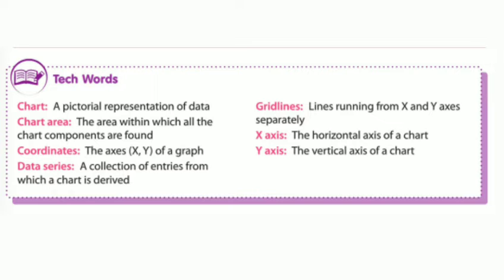Data series: it is a collection of entries from which a chart is derived. Grid lines: the lines running along the x and y axes separately. X axis is a horizontal axis, and y axis is a vertical axis of a chart with the